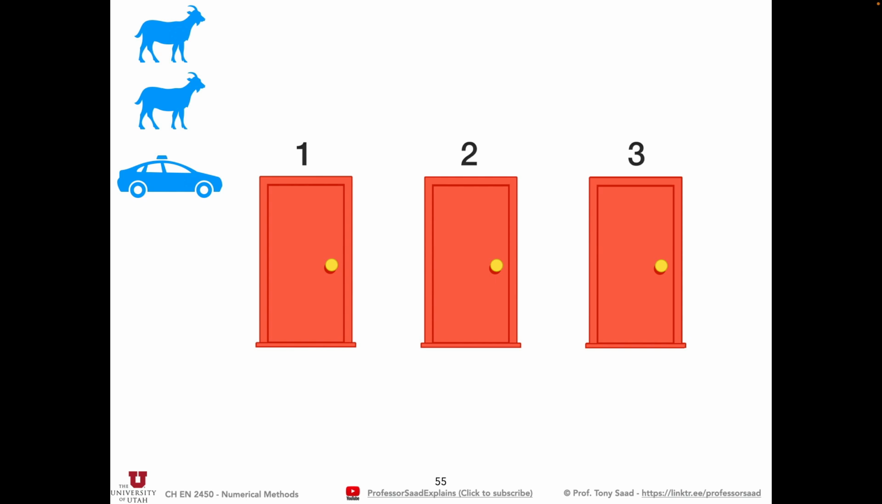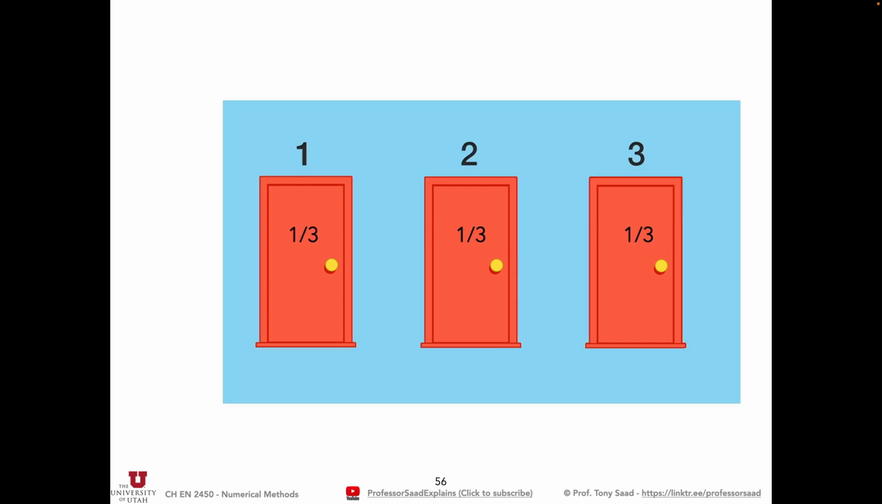Okay, so now I'm going to hide the goats and the car. We don't know what's going on. Okay. There's a 1/3 chance that one of these doors contains a car. There's 3 doors, there's 1 car, 1 in 3 chances that the door you choose contains it. You choose door number 1. Okay. So if you choose door number 1,